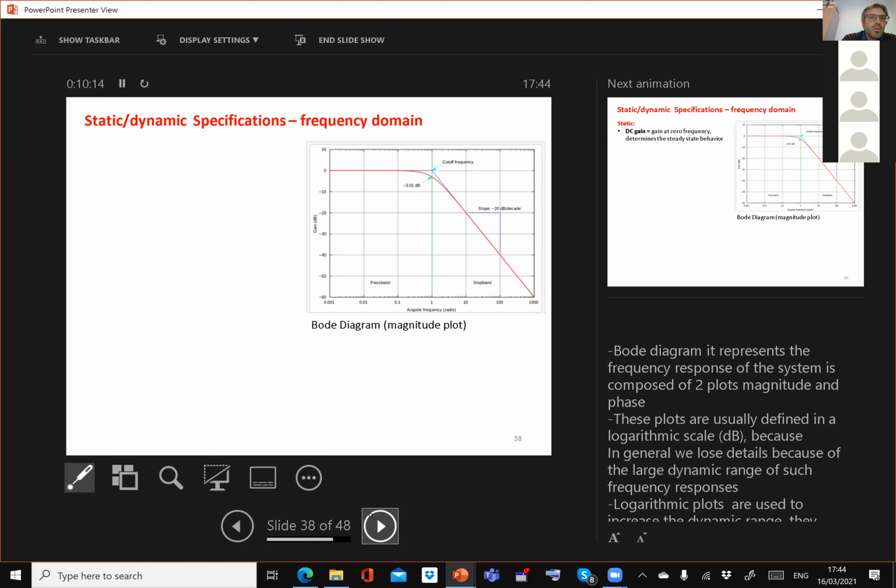And if we want to go for dynamic and static specifications in the frequency domain, we should look at what we call the Bode diagram of the system. And the Bode diagram represents